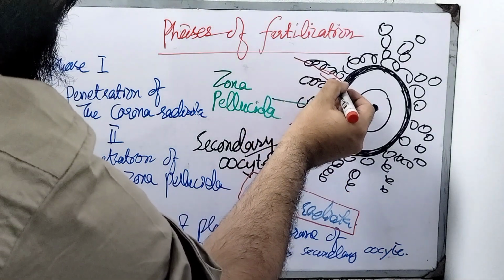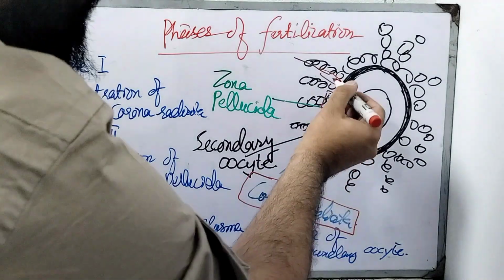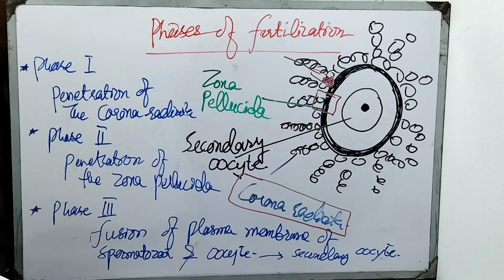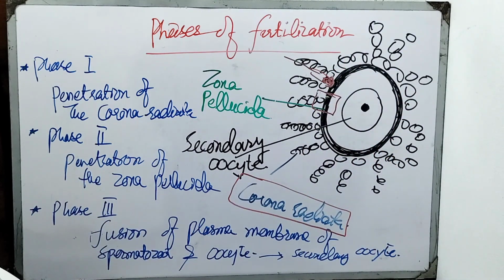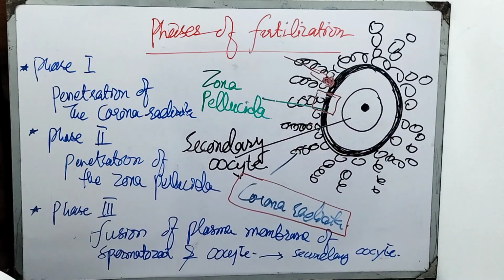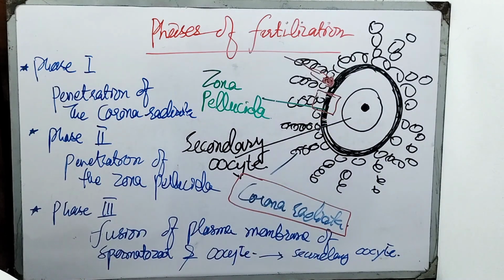Here, the release of acrosomal enzyme, which is acrosin. This contact results in the release of lysosomal enzyme from the cortical granules lining the plasma membrane of the oocyte, which alter the properties of the zona pellucida. In turn, these enzymes alter the properties of zona pellucida to prevent the sperm penetration